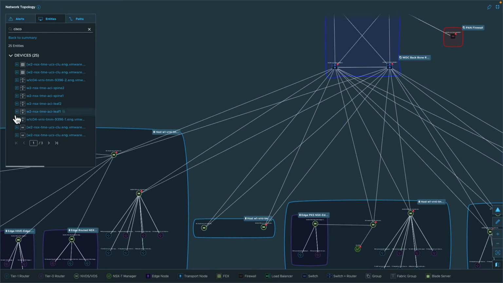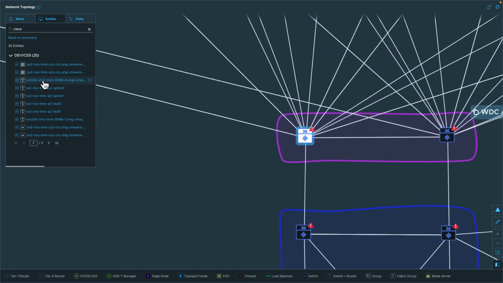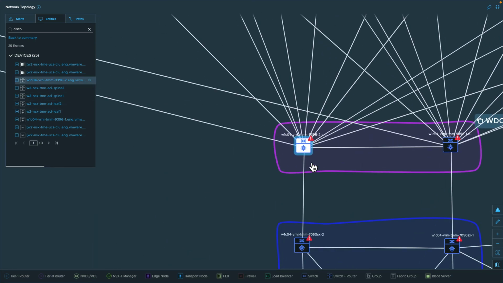And now it's going to show me all of my Cisco devices. So here I can see that I've got UCS blades. I can see my Nexus 9396. I can see my ACI leaf and spines. And if I click on any of these, it's going to go ahead and take me right to that device. So if I click on it, you'll snap to it on the network map, and now I can see the